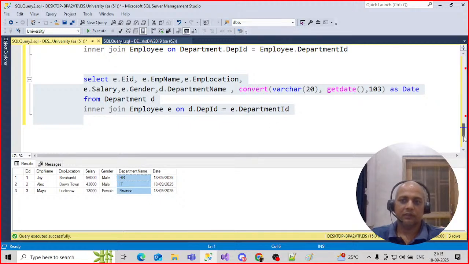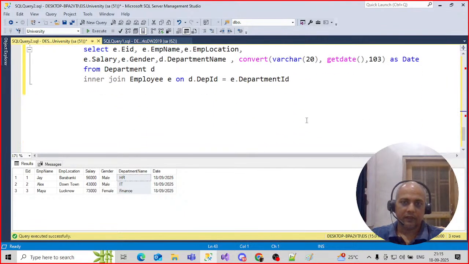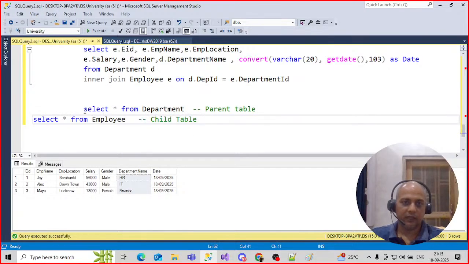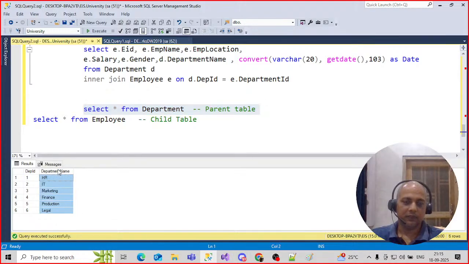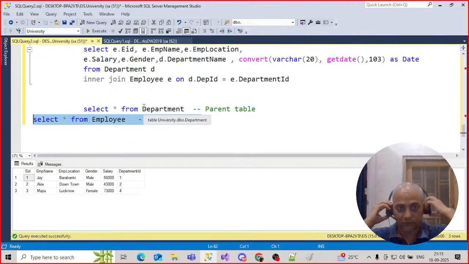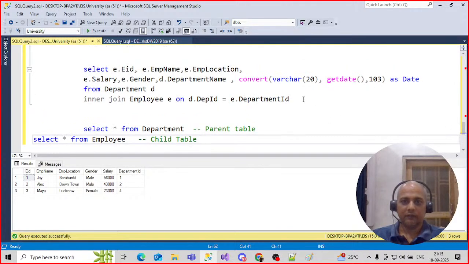My question is, in the department table we have 6 departments, right? Yes. And in the employee table we have only 3 employees. Yes, only 3 employees. And when we are writing a query like this,